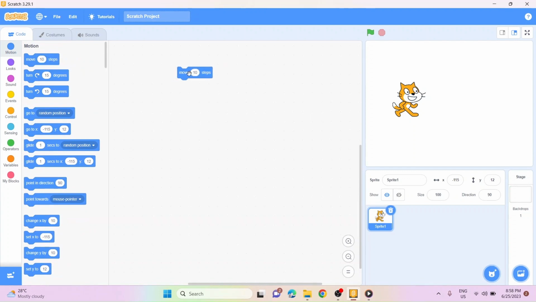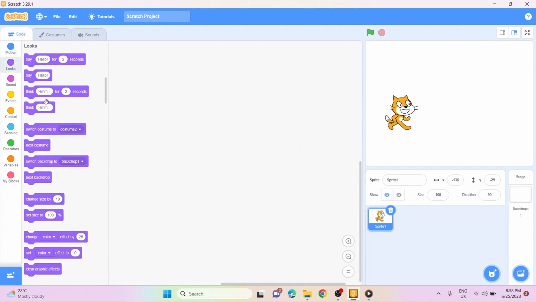So you can make him go 10 steps, and you can make him go far by changing the number. So our cat can walk. Now, if we just click this constantly, it goes to the end of the screen. So that's how you move a character in Scratch. And if you want to change the looks of something or make the character say something, you can go